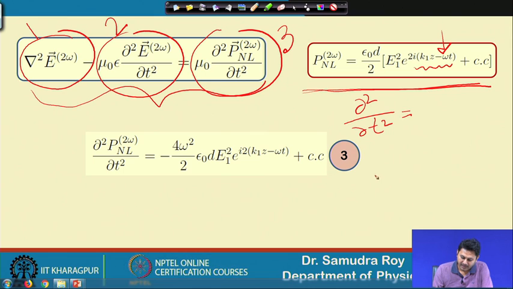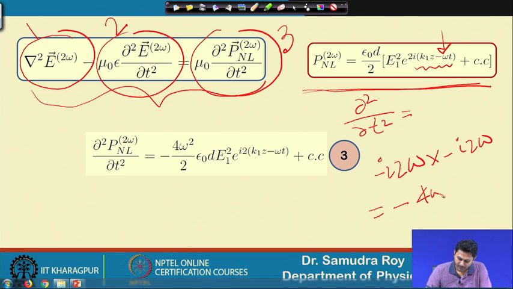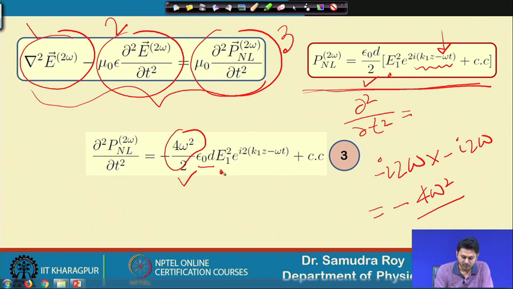So, that means we will have minus i of 2 omega multiplied by minus i of 2 omega, both times it will come out, and eventually we will have minus 4 omega square, this term. So, here we have minus 4 omega square and 2 term is already there. So, I will put 2 term here, epsilon d is here, E square is amplitude term, we will have E1 square, and also 2 k1 z, omega. So, finally